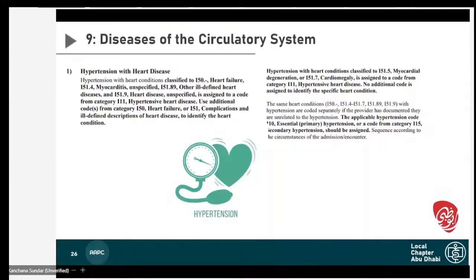So again, mentioning the point, hypertension with heart diseases is going to be the same. And we are going to see that hypertension